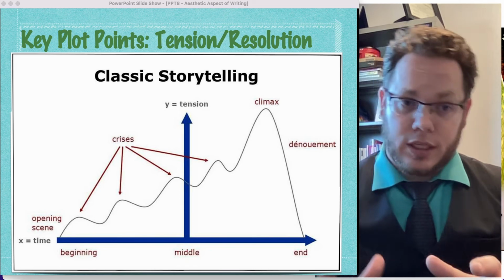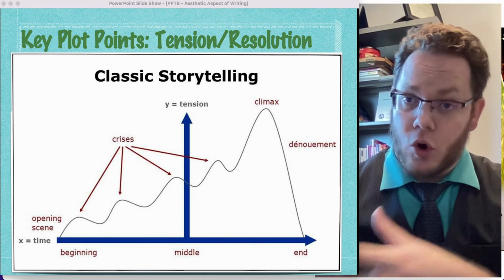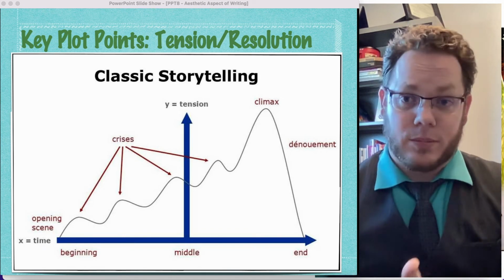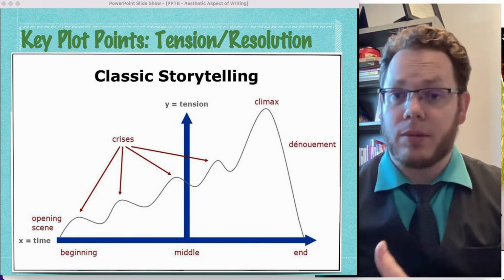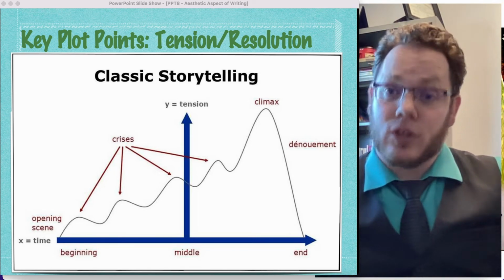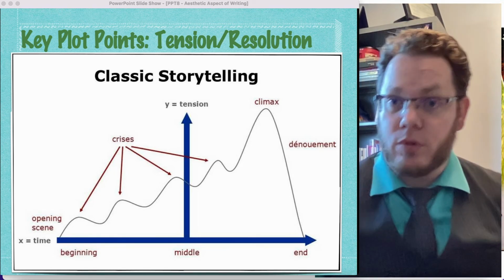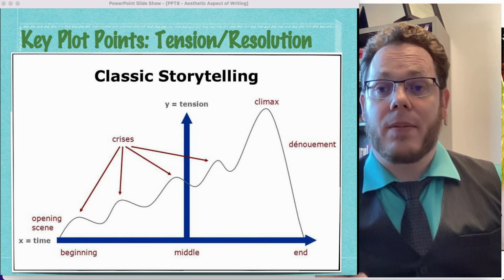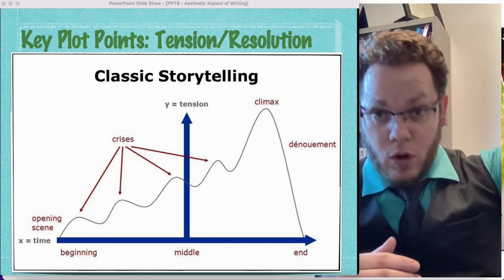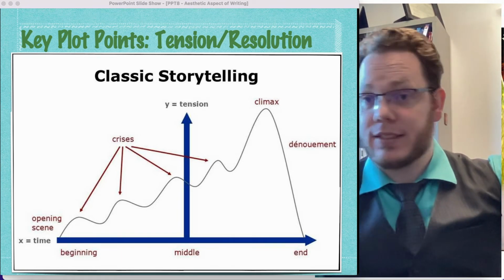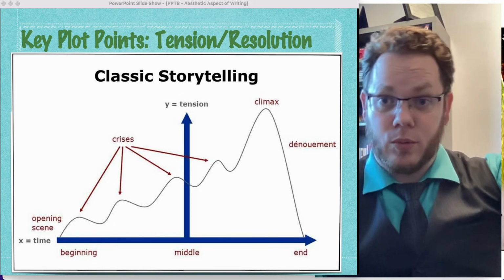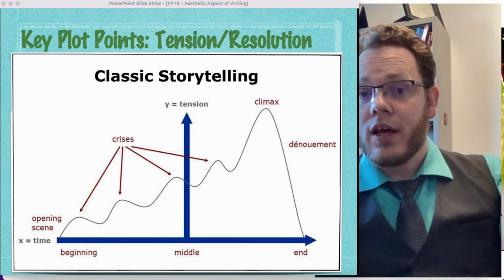So basic storytelling says start with an opening scene, set the scene, right, and do it in an interesting way with some sort of tension, with some sort of problem or promise that the reader is given, and then work through a series of circumstances that allow character to be revealed, setting to be revealed, and progress to be made towards some sort of goal. And ultimately the climax is they achieved the goal or they didn't, but something happened along the way that allowed that to be a meaningful journey to that point.